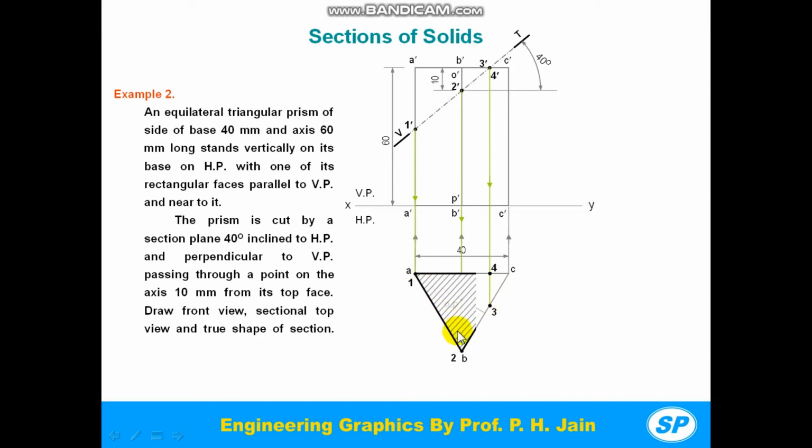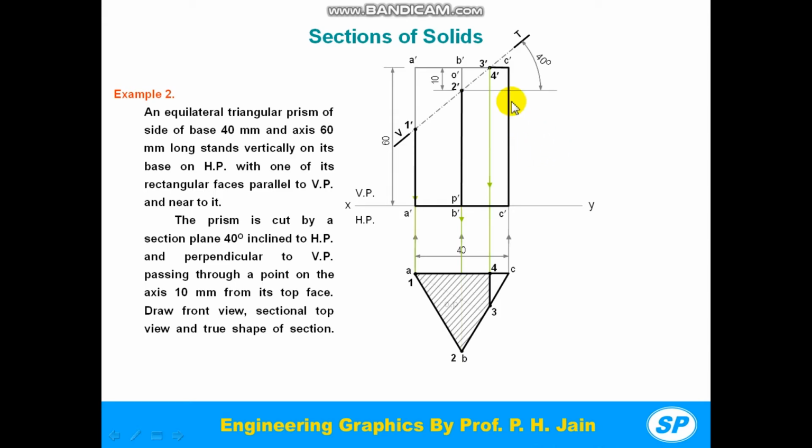So join these section points with continuous thick line and draw the section lines 45-degree inclined to XY line. So this is the section in top view. Now complete the front view. This is the front view. Top portion above VT is removed. So retaining portion is this. So make these lines of the edges dark. Similarly, in top view these are the retaining edges. So make these lines dark. Now this is complete sectional top view and this is complete front view.